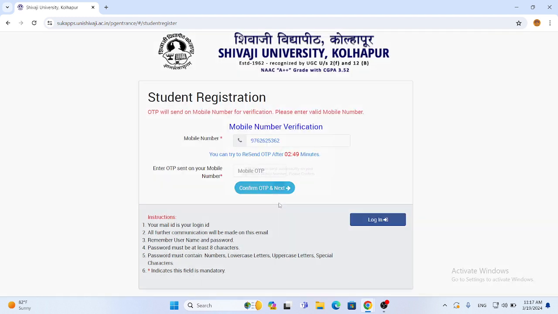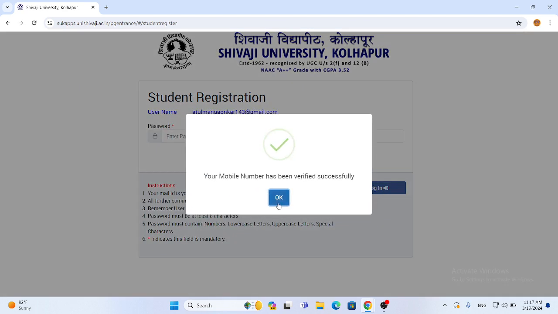Click on OK and wait a few minutes to receive the OTP on the mobile number which you have entered here for registration and mobile verification. So I have received the OTP and I will enter it here. Your mobile number has been verified successfully.